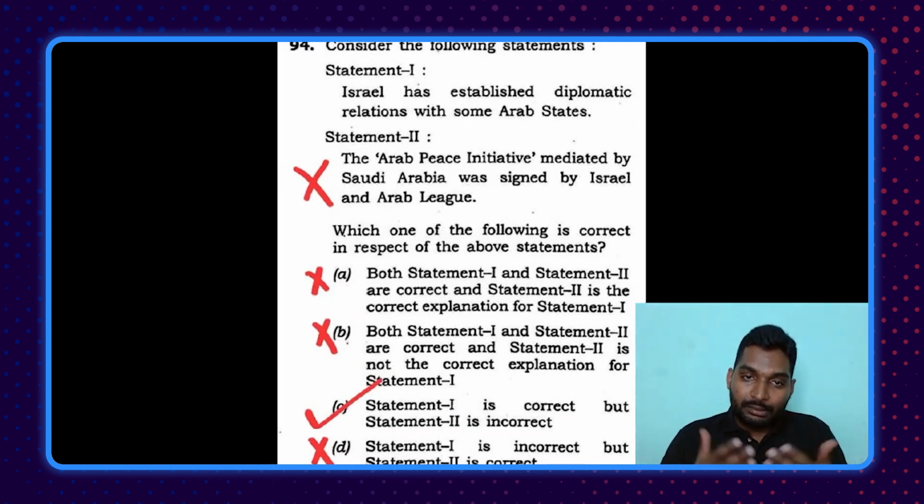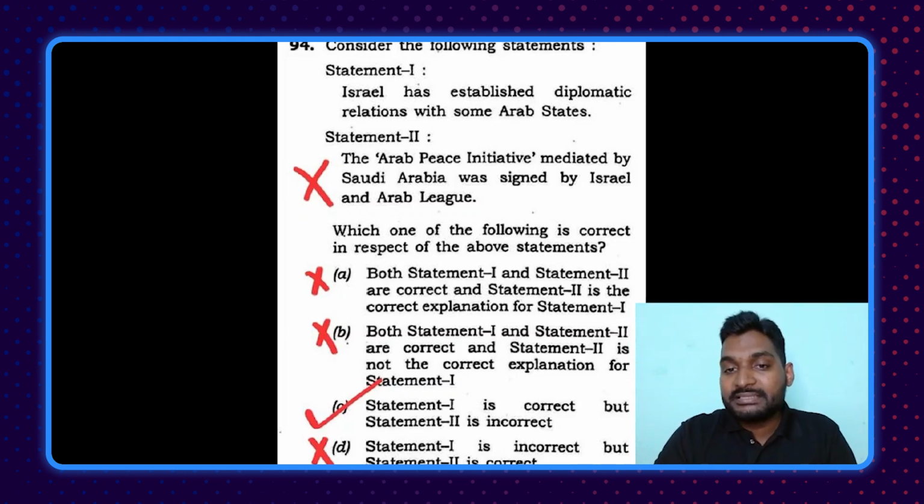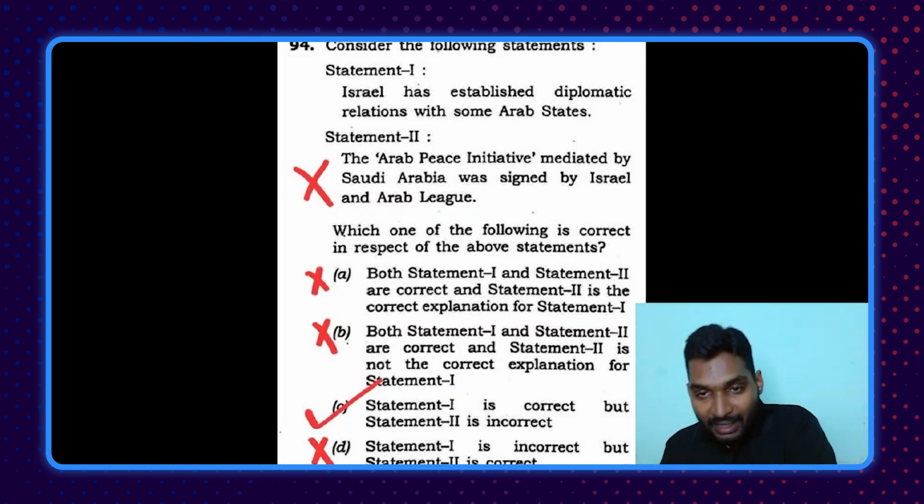Moving ahead, UPSC had again given two statements. Statement 1 said Israel has established diplomatic relations with some Arab states. Statement 2, the Arab Peace Initiative mediated by Saudi Arabia was signed by Israel and Arab League. Again, I had discussed this through my multiple YouTube videos, that in case we don't have a direct answer to a question, but the structure of the statement is framed in such a way that it states that XYZ was done by ABC, XYZ was promoted by ABC, XYZ is funded by ABC,